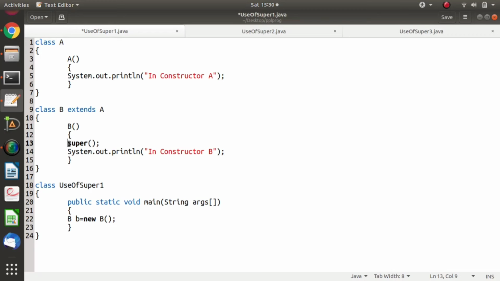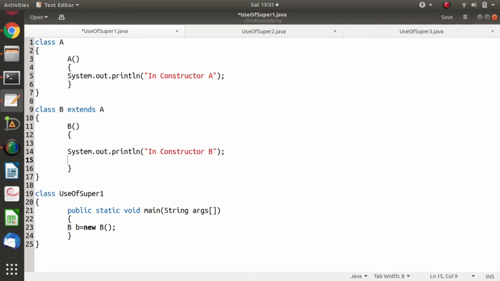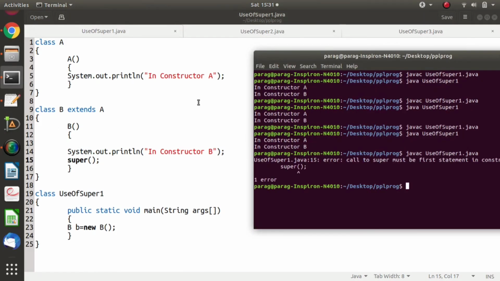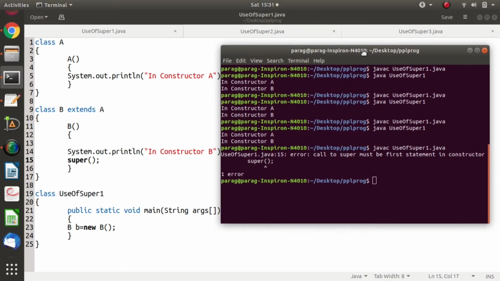Now I will make it the second statement, like this, and we'll run this. Now here we are getting one error: call to super must be first statement in constructor.